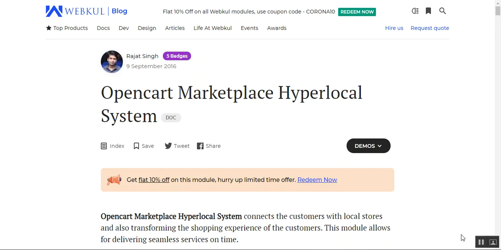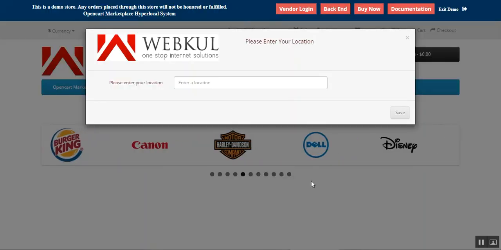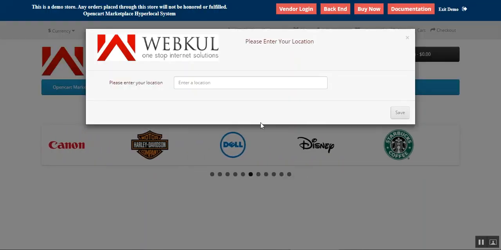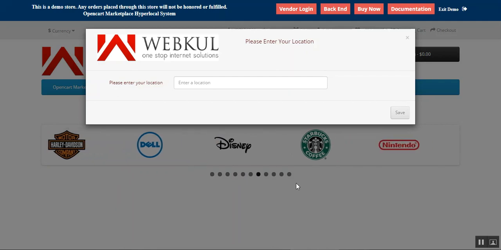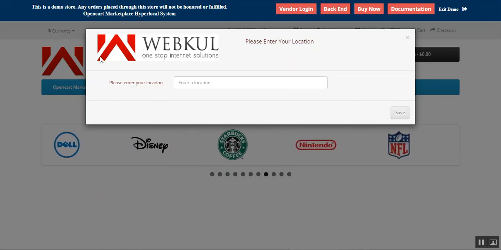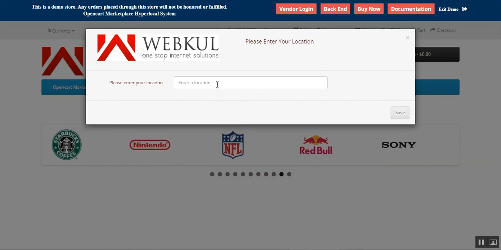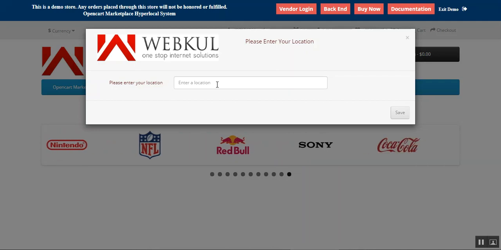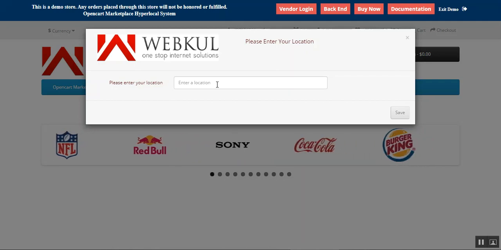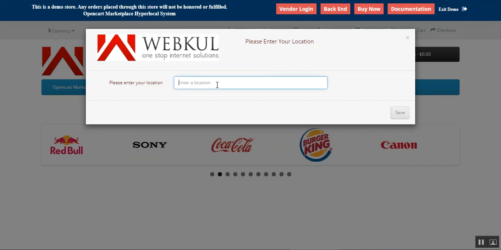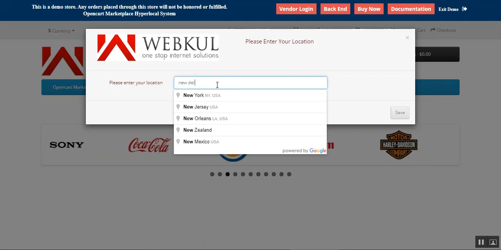Now let's go to the OpenCart multi-vendor marketplace hyperlocal system front end first. Here I'm at the web store right now, and as soon as the customer has arrived on the web store main page, he'll be able to see this pop-up wherein the customer first needs to enter his location, and according to his location, the available sellers within the customer's range would be visible to the customer. For example, if I enter a location like New Delhi,